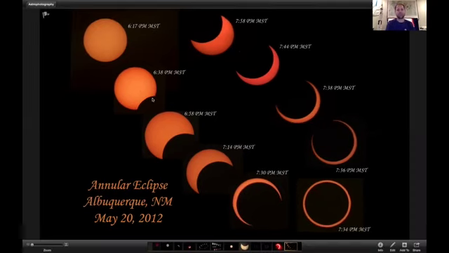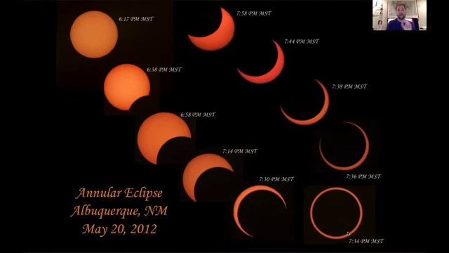Notice though, it's much quicker. From right as the eclipse was starting to right in the middle of annularity, or I can't say totality because it's not a total eclipse, 7:34. So just over an hour. Think about how long it took for the lunar eclipse to happen. Lunar eclipse took much longer because the Earth's shadow is much bigger. But the solar eclipse here is much shorter because the moon's shadow is much smaller. So there you go. Kind of a neat little